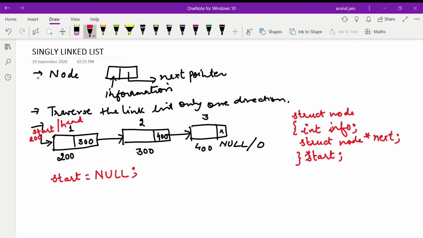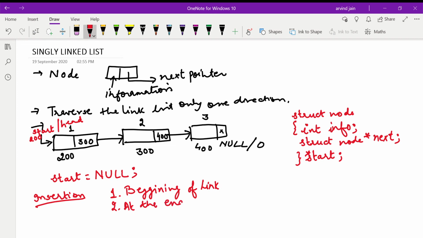Suppose I want to insert a node in the linked list. Insertion can take place in the beginning, so we can add a node at the beginning of the linked list, at the end of the linked list, or at some other location.